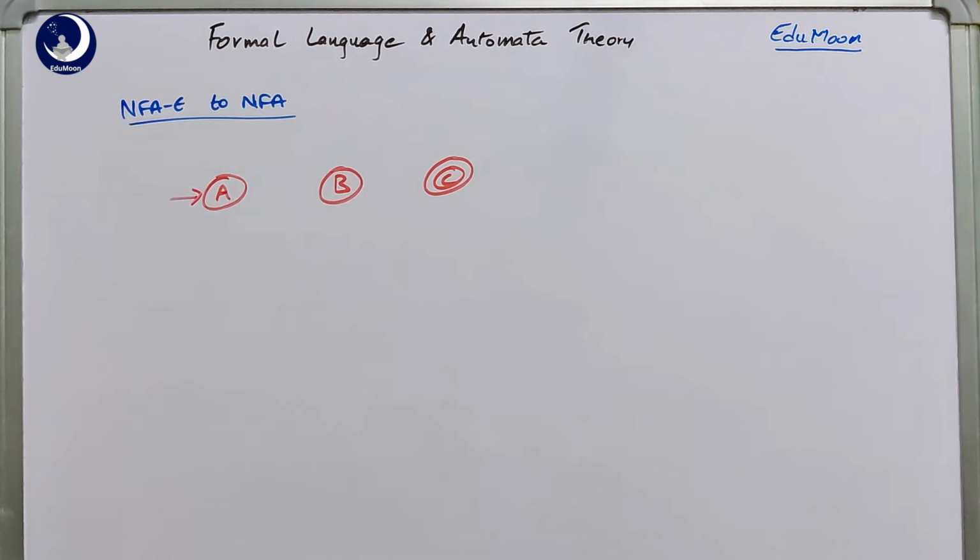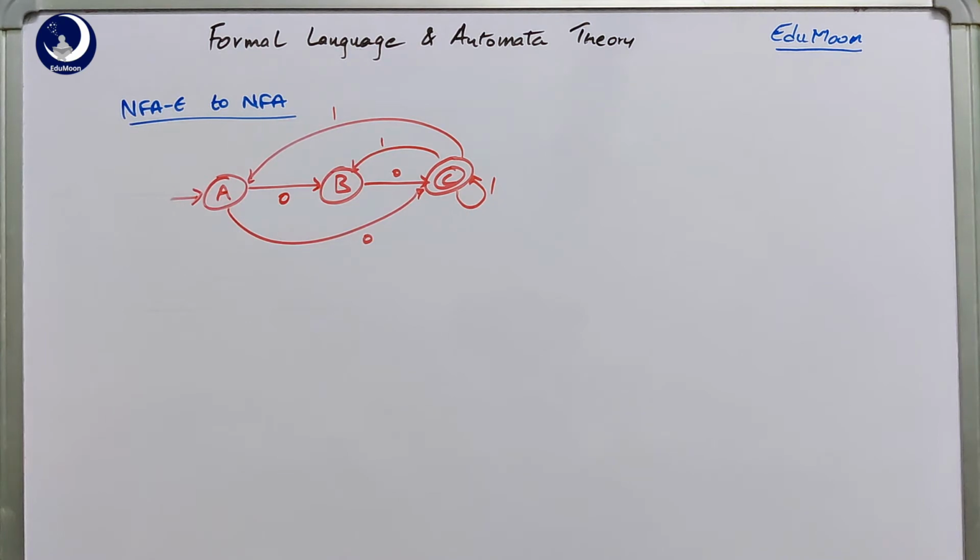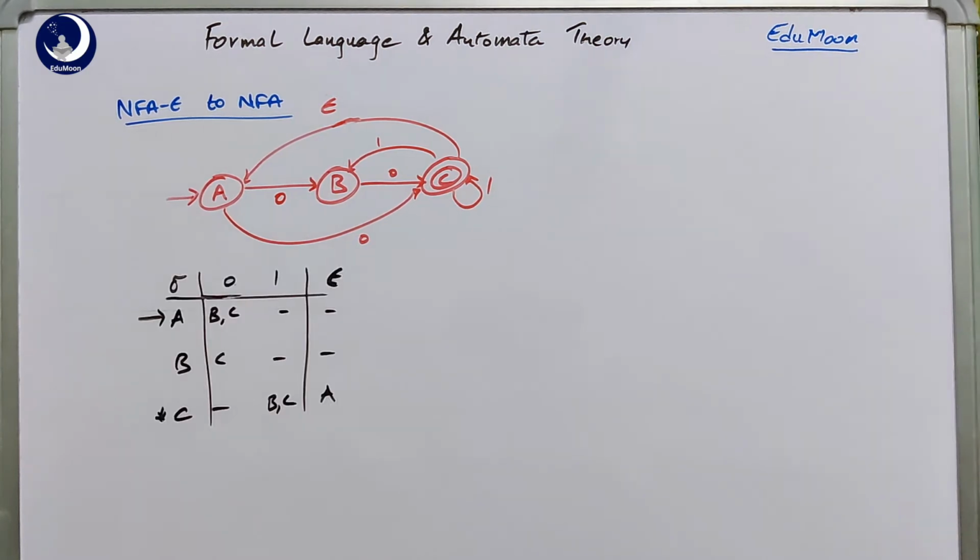So now in this example, we take 3 states in the NFA with epsilon transition and let the transition states, that is the input functions, be like the following transitions shown in the diagram. So the corresponding table for this one, let us write an epsilon transition here. So from C to A there is an epsilon transition. The transition table corresponding to this diagram looks like the following table.